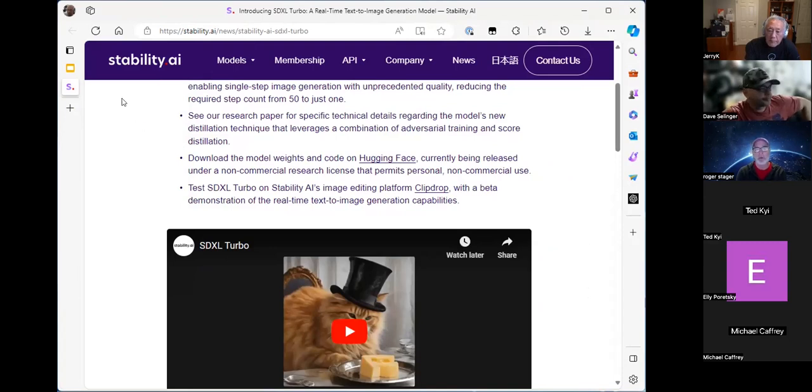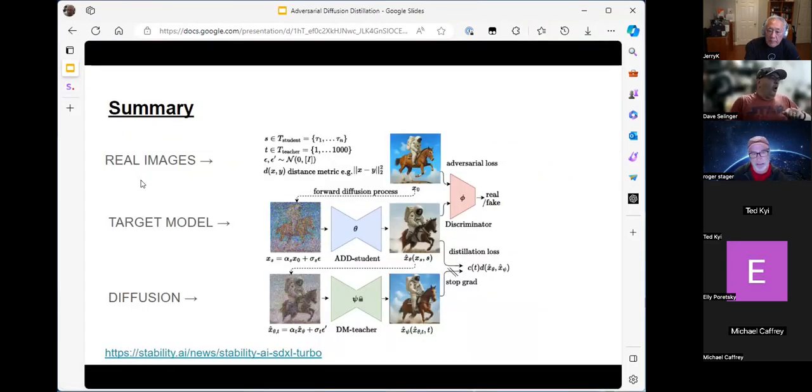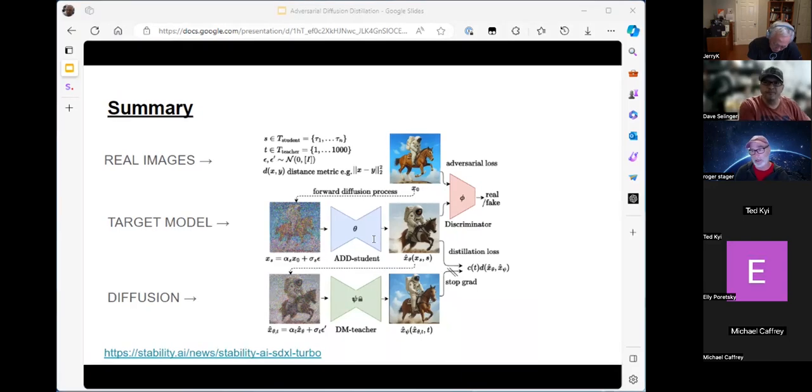Okay, so what we're going to do then is talk about this. The main claim to fame, I think, is just that this has reduced the inference of a diffusion model down to just a very few number of steps. And this is kind of a follow-on, adds to the consistency model stuff that we were studying earlier, where you can see